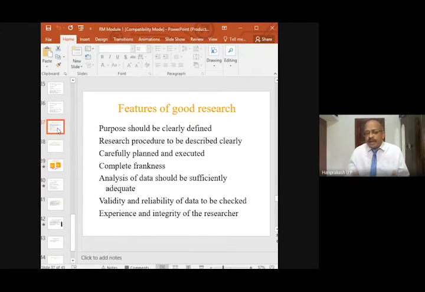And complete frankness in the findings and analysis. Say the data you are collecting: data collecting, data analyzing, data presenting. In all these steps, there should be complete frankness. There should not be any bias. Something you own, something you like, so you are doing something. So what happens in the organization? Say maybe